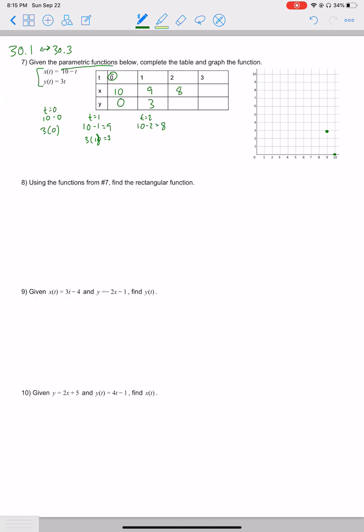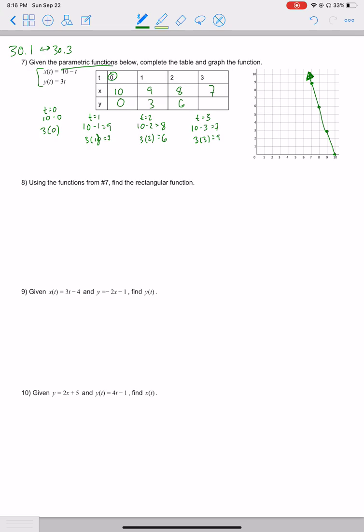That's 8 for x, but then if we do 3 times 2, we get 6. So 8 and then 6. And then lastly, for t equal to 3, we do 10 minus 3, which is 7, and 3 times 3, which is 9, so we can go to 7, 9, and we get this function, which once we graph the connection,